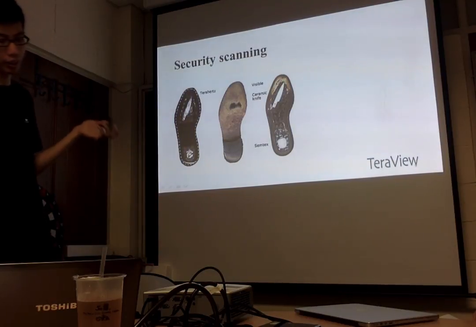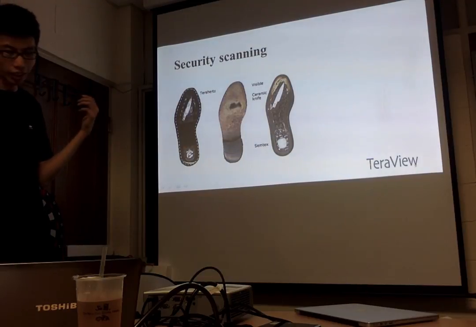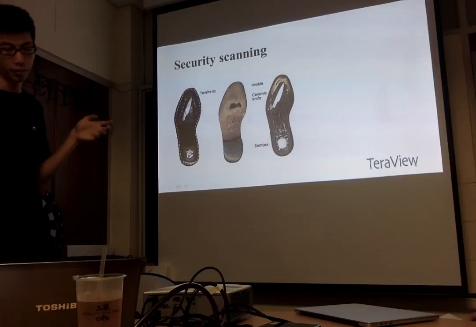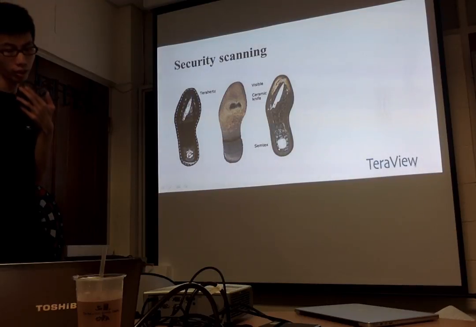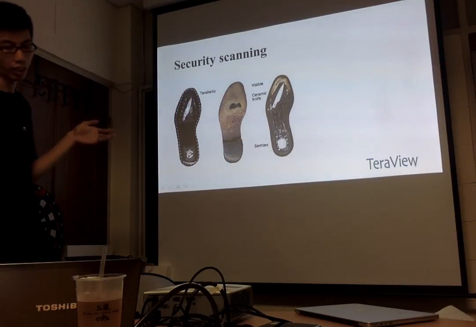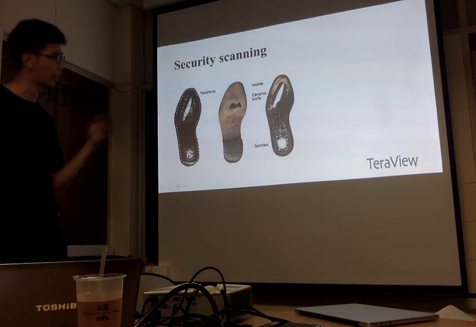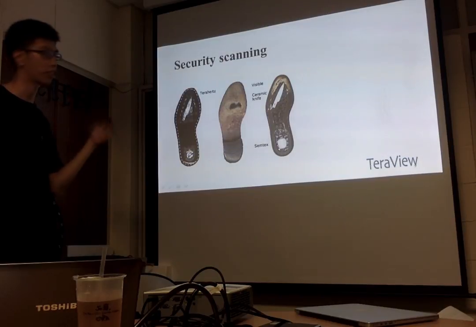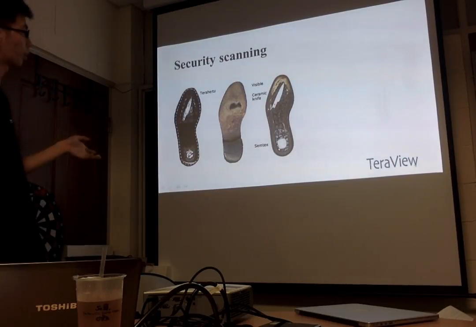This will be a great alternative to the X-ray scanner, because radiation at terahertz frequency is non-ionizing and at modest intensities has no harm on people,